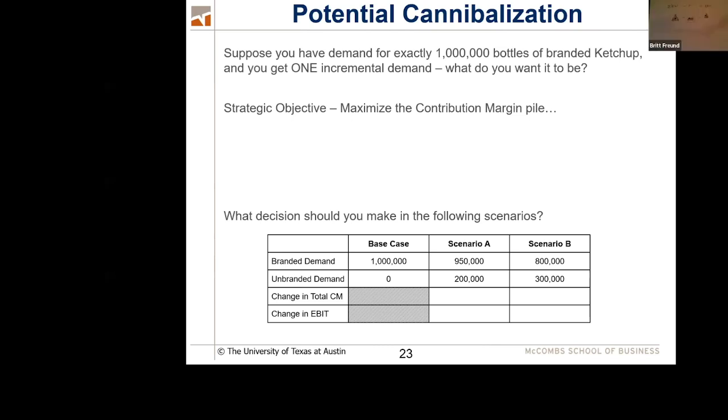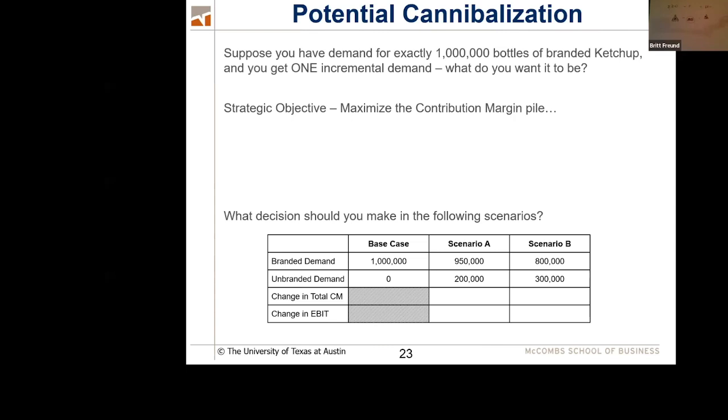How about this? We're just looking at the changes in the contribution margin pile, right? Did the fixed cost pile change? Nope. So whatever changes there are in the contribution margin pile will show up directly in the EBIT pile. Is that correct? What happened to the contribution margin pile? We used to have 1 million. Now we only have 950,000. Doesn't that mean $50,000, $2 we didn't get to put on the pile? Everybody agree? That's $50,000, $2 contribution margins we didn't get to put on the pile.